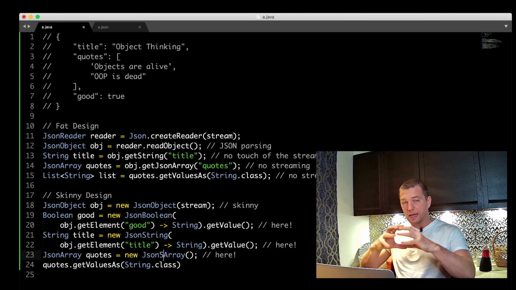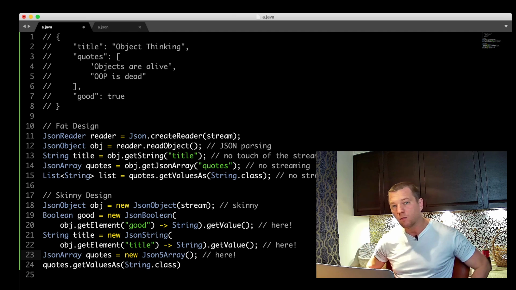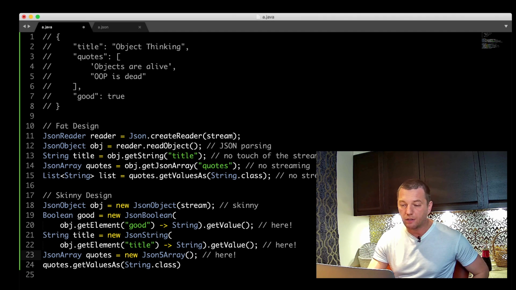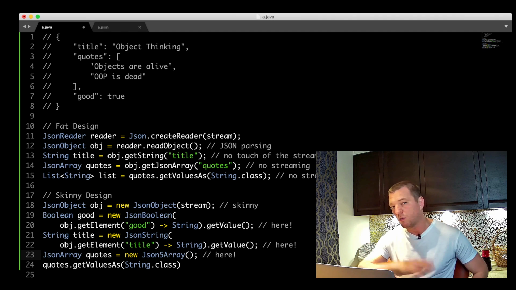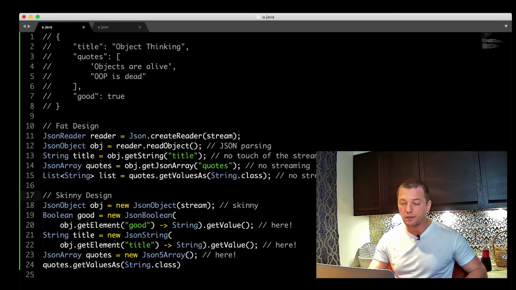So I have a collection of classes in the library, many of them, and then I add my own class, and boom, this whole library is still there. Just add my own class, encapsulate one of their classes, and it works. In this case, I cannot do it. I need to rewrite the whole piece, everything. So reusability is important here, and it is much higher in the skinny design.